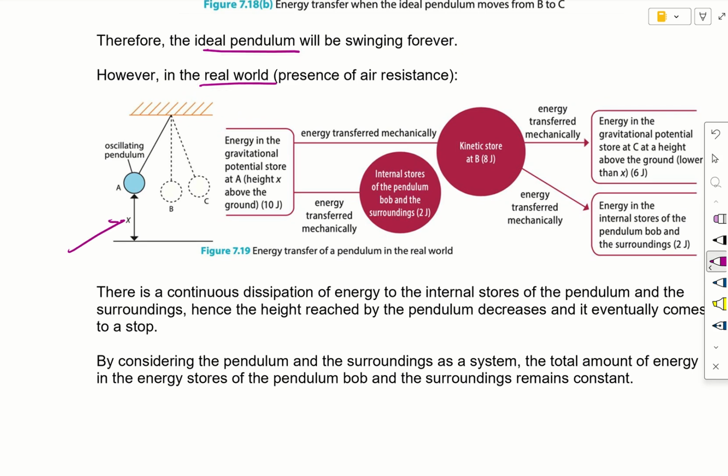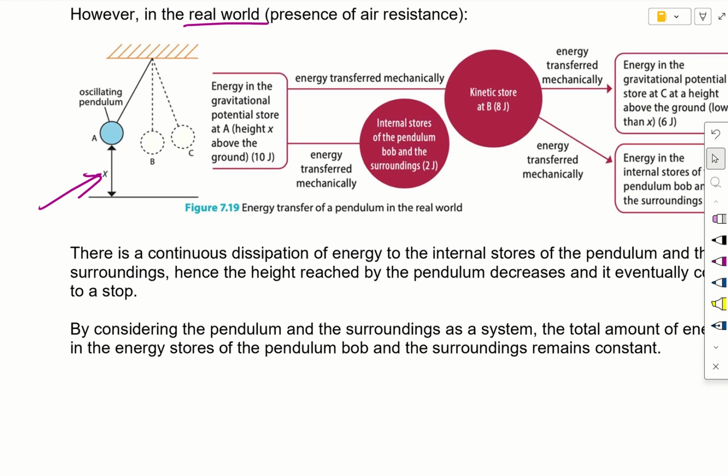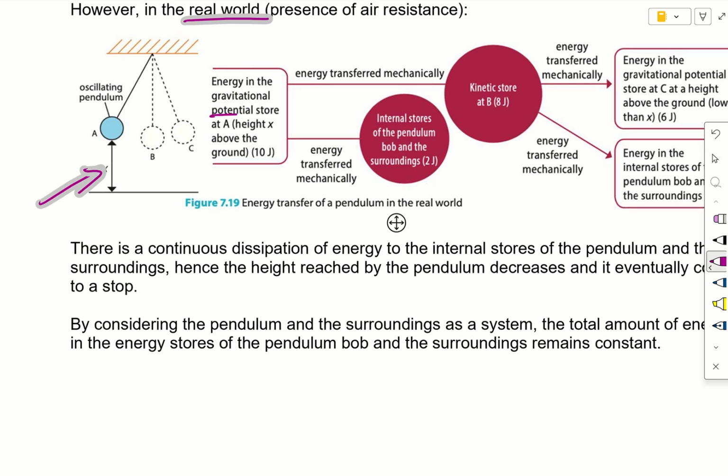Okay, so if I am to now talk about a real-world pendulum, we displace the same pendulum to a height of x, similarly to just now, to position A. So there will now be energy in the gravitational potential store, but when we release it,